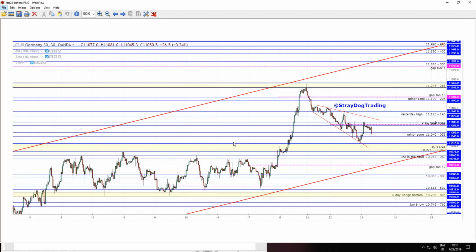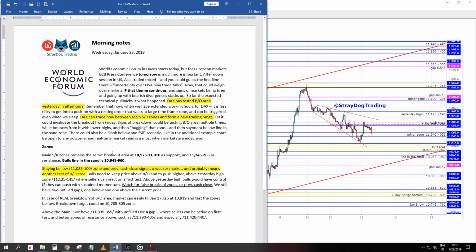In front of us is the updated chart with the zones that was posted before the open, together with the morning notes. So, the World Economic Forum in Davos starts today, but what is important for us when we are trading with technical analysis is that DAX